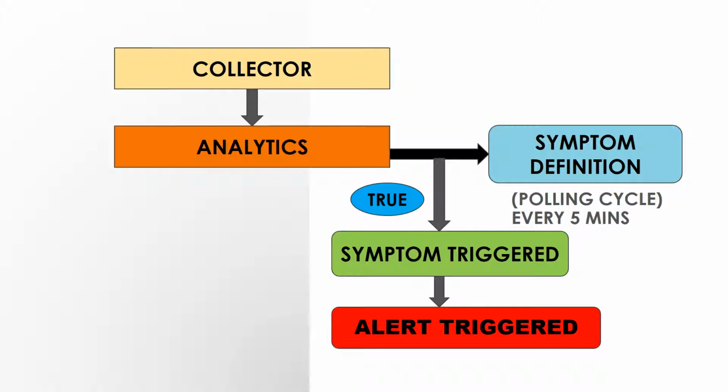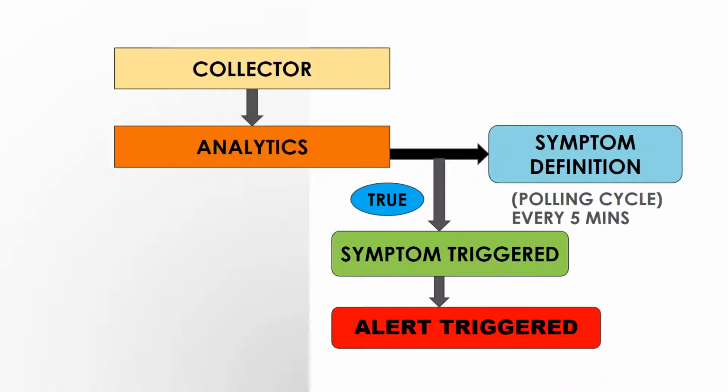Now, the analytics component in vROps is the one checking the symptom conditions at the end of each polling cycle, which is every 5 minutes. The data collected from the monitored objects is sent to the analytics component, which then compares the data to the conditions in the symptom definition, and as has already been said, if the condition is true then the symptom is